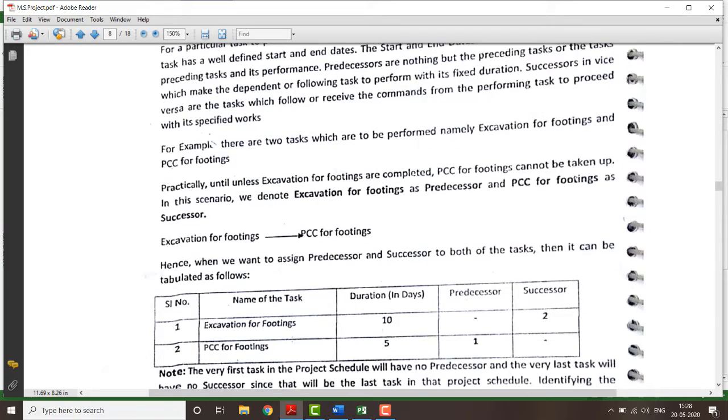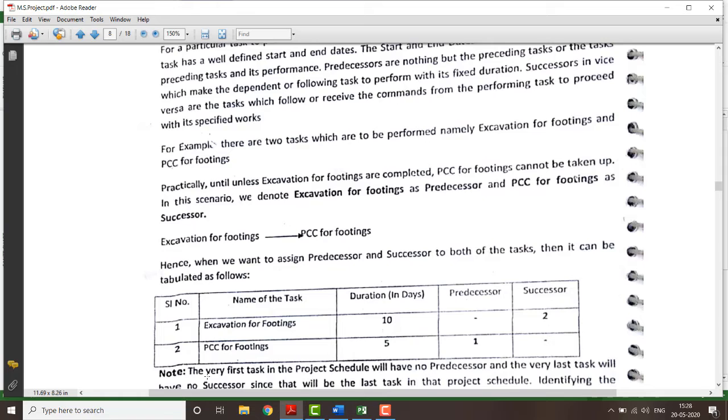So for the PCC work, excavation of footing is called the predecessor, and for the excavation, the PCC work will be the successor. After completion of your excavation itself, you go for the PCC work, that is your successor. Or in other words, unless and until the excavation is completed, the PCC will not be started.